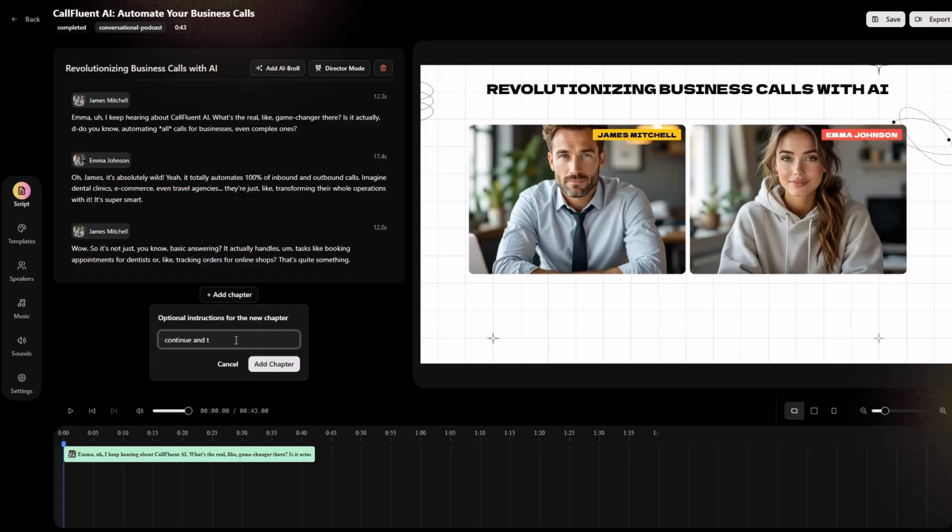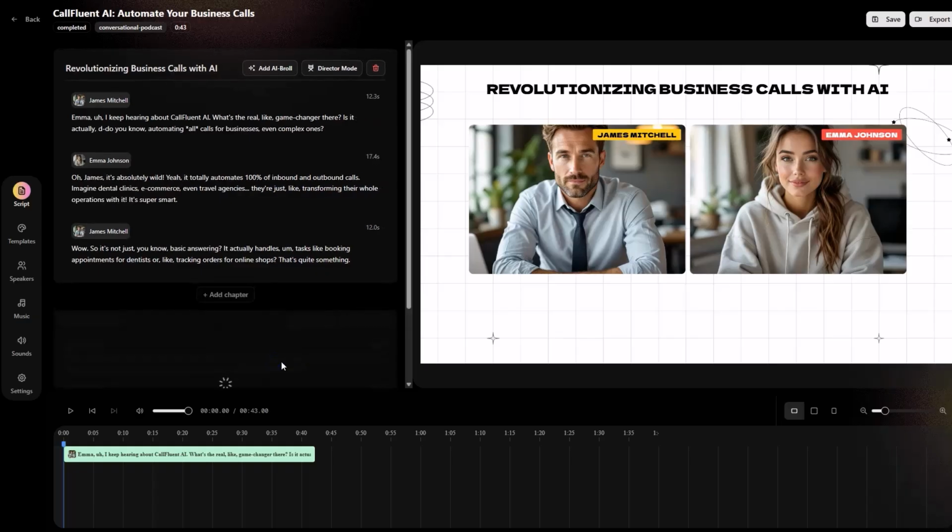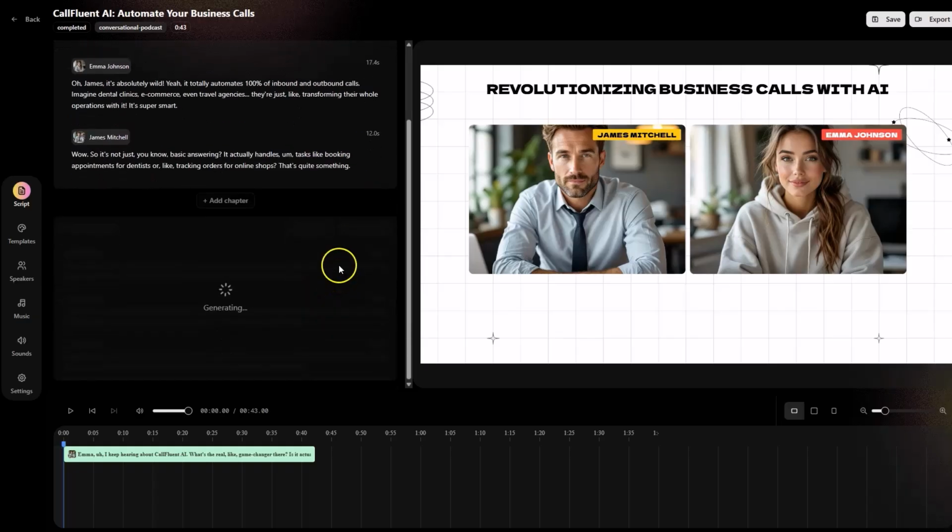And there's more to it because we can add new chapters as we go. So we can say continue with talking about the benefits of automating calls, how much time and money businesses actually save. And we can just click add chapter, and boom, just like that, we're going to be generating the next chapter